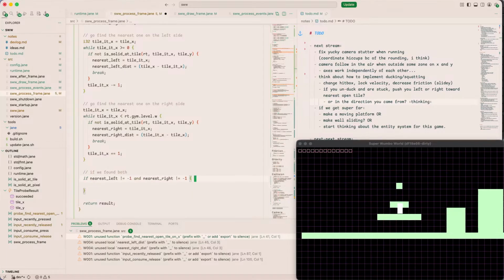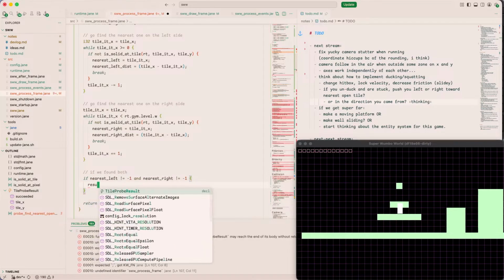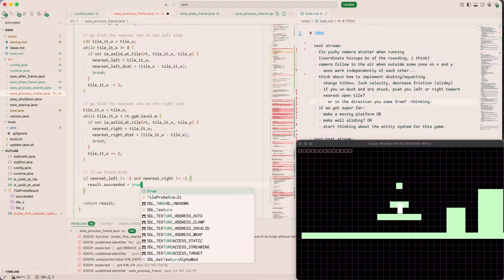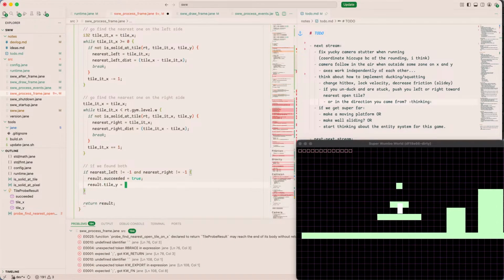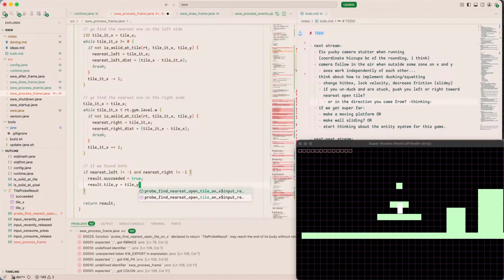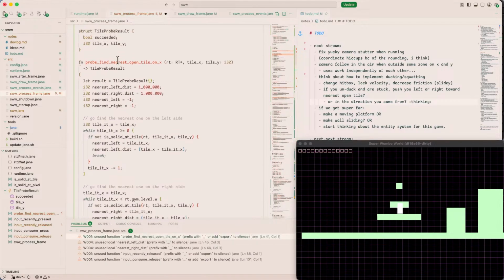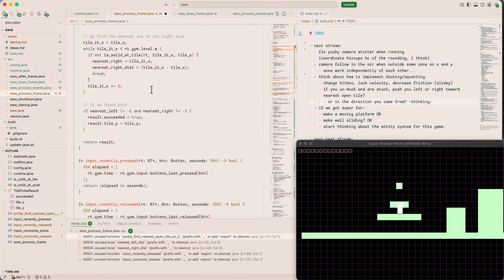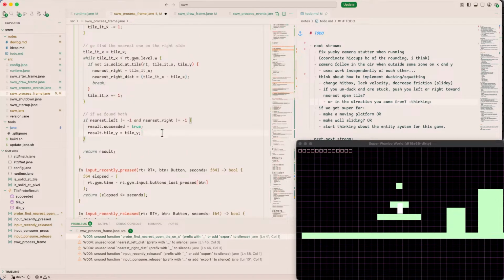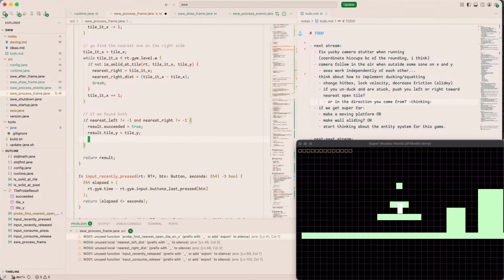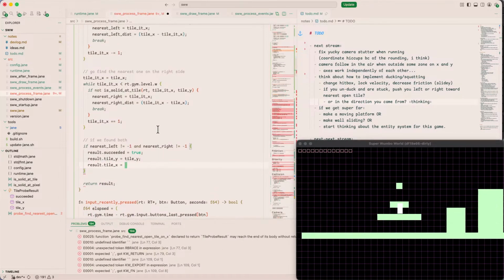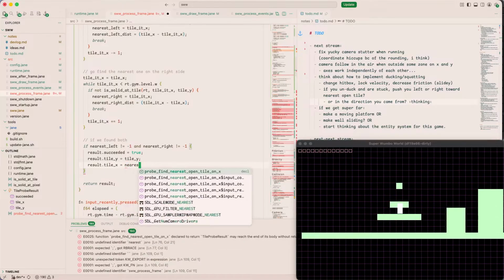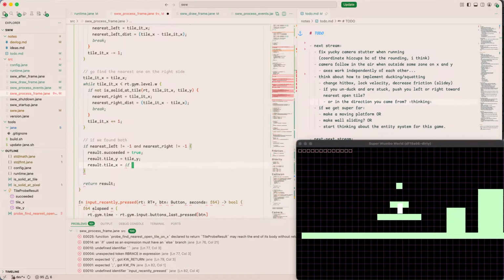So then we'll say result succeeded equals true, and we'll say result tile Y equals tile Y. The reason I put the tile Y there is like we could use this probe for other functions later. It doesn't really matter for this one though. And then we'll say result tile X is going to be the nearest, or well, we'll say if